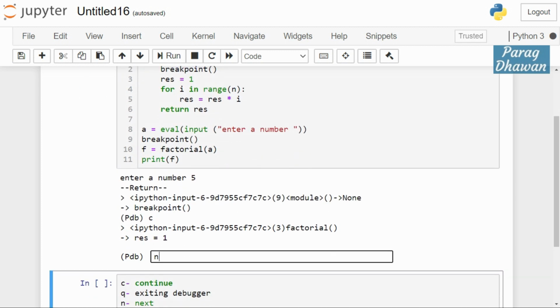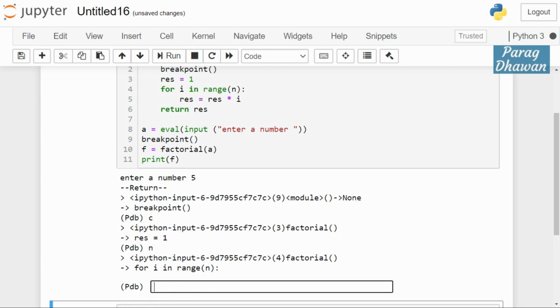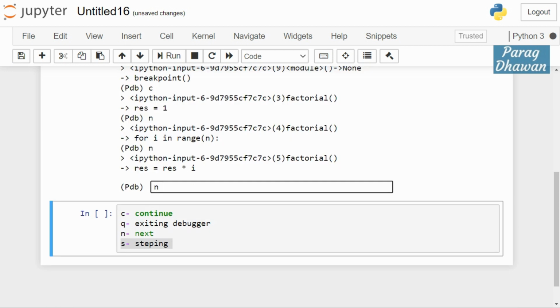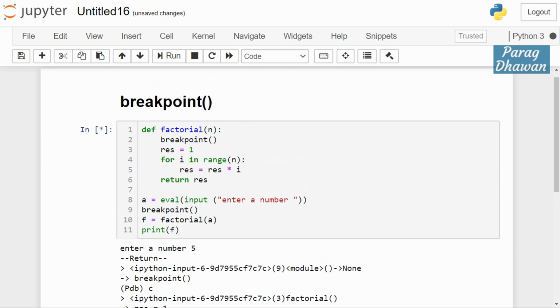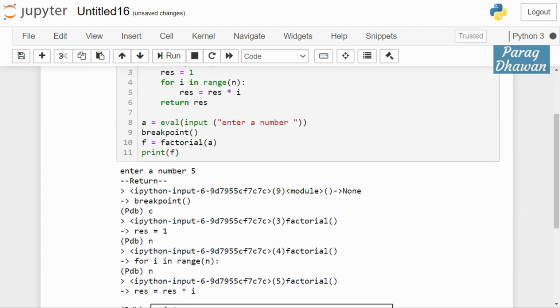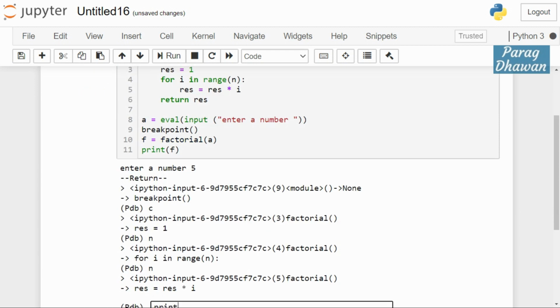Now if I run n for next, it will go to the next line, for i in range n. Again if I enter n, it will execute the next line. Now I check the values of the variables. What variables are available with me: a, i, n, result.